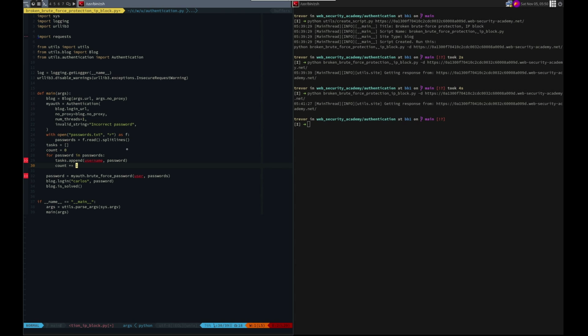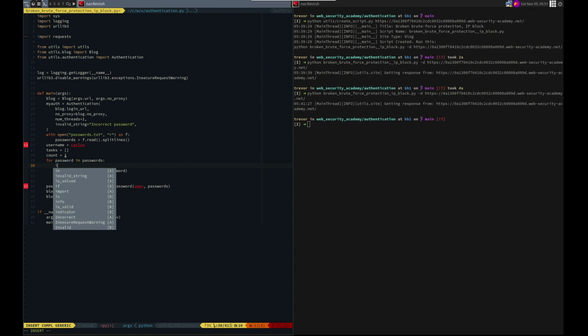So if we did it like that and put username up here, username equals Carlos. And then here, okay, if it's divisible by 3, right? So that would be, if we started at 1, good too. Okay, so then if count mod 3 equals 0,